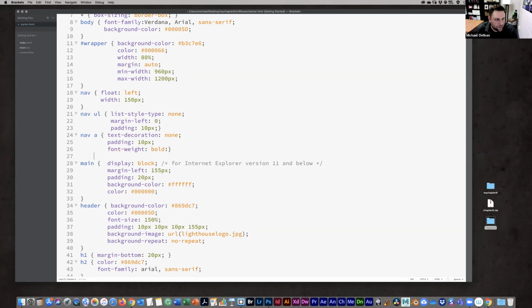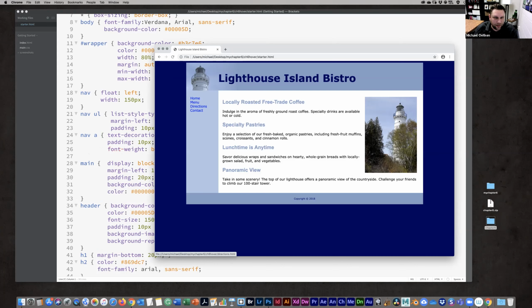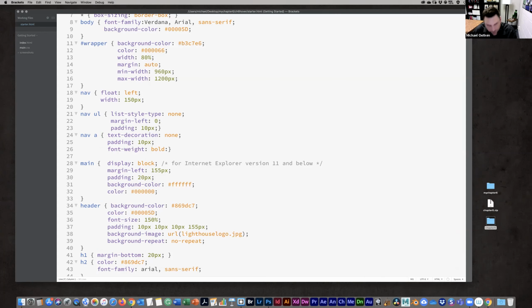All right. So now, if we save it and look at it. Okay, so we got rid of the bullets, we got rid of the underlines, but it's still that blue color, which I don't really like. So let's add some more elements here. Now we're going to do a nav a. So here's where our pseudo classes come in.